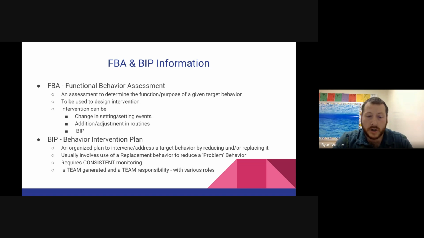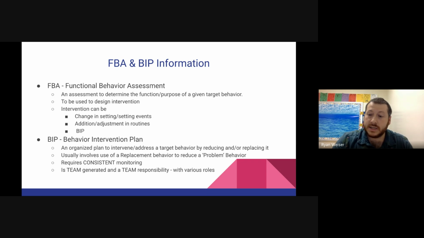Now, usually we are creating some sort of replacement behavior, but it's not just the counselors deciding this. This is a team effort. When you go around and make an FBA, the documents that are given out usually are given to a classroom teacher, but it's up to that whole team, the teacher in the room, the paras in the room, anyone who sees that student for a cluster or a related service. They can all add to whatever is on these forms, and we create this plan as a team.